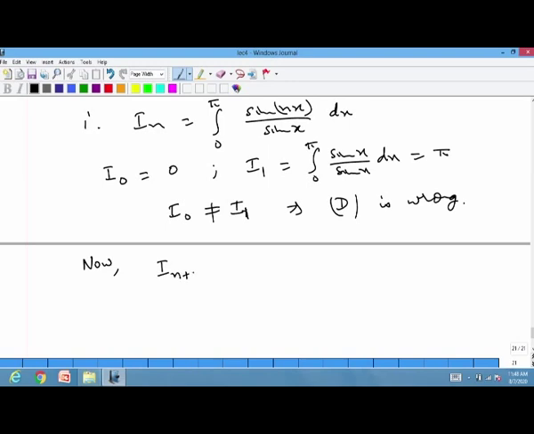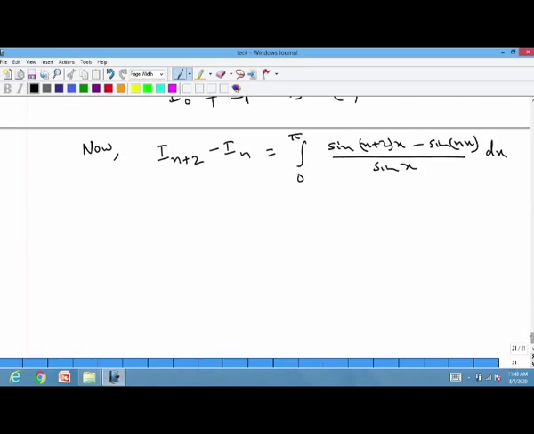So, if we look at I n plus 2 minus I n, this will be the integral from 0 to pi of sine of (n plus 2)x minus sine of nx, divided by sine x dx. Now, we can use the formula for sine c minus sine d. So, this is equal to the integral from 0 to pi